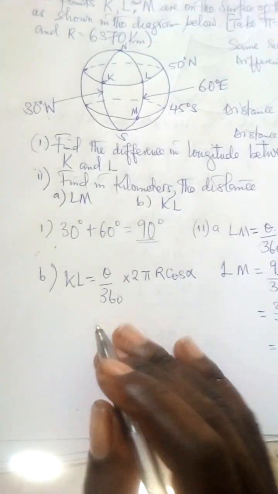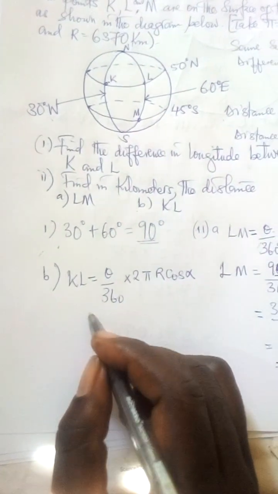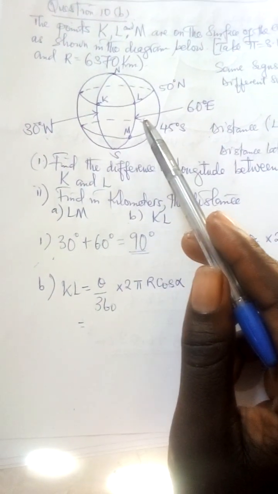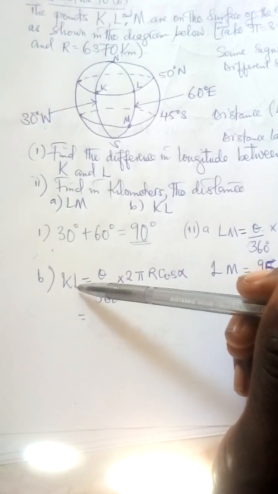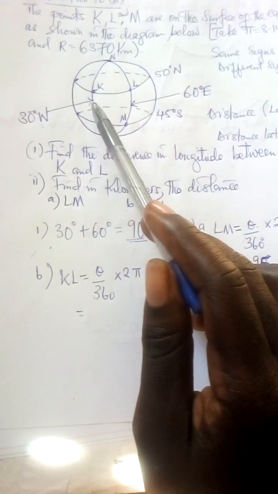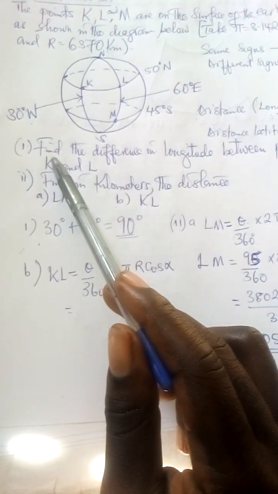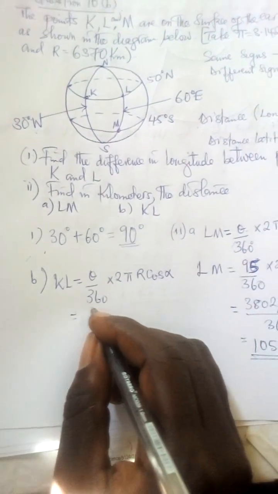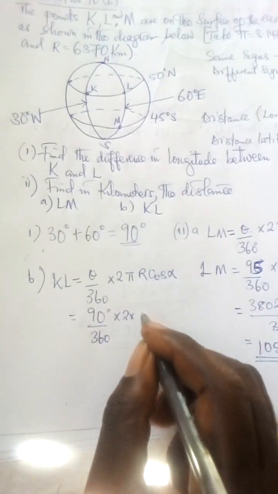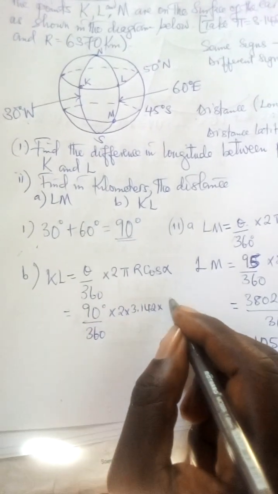alpha. Now we need to understand what the theta and the alpha are. The angle is the difference in the longitude, because we are dealing with the distance along the latitude. So this is a longitude and this is a longitude. What is the difference in the longitude between K and L? This is the answer we found first, which was 90 degrees. Then divide by 360 times 2 times pi, times r, which is